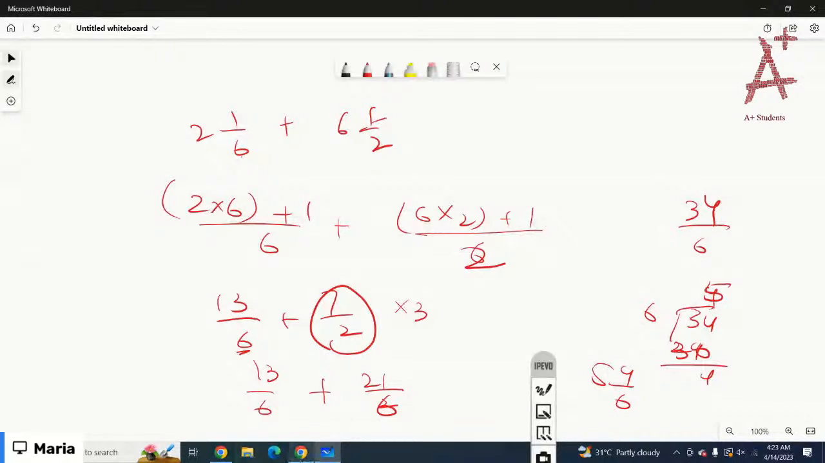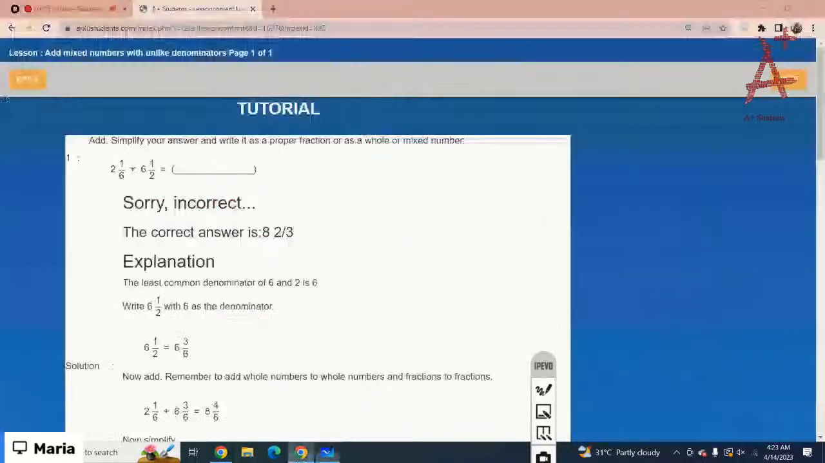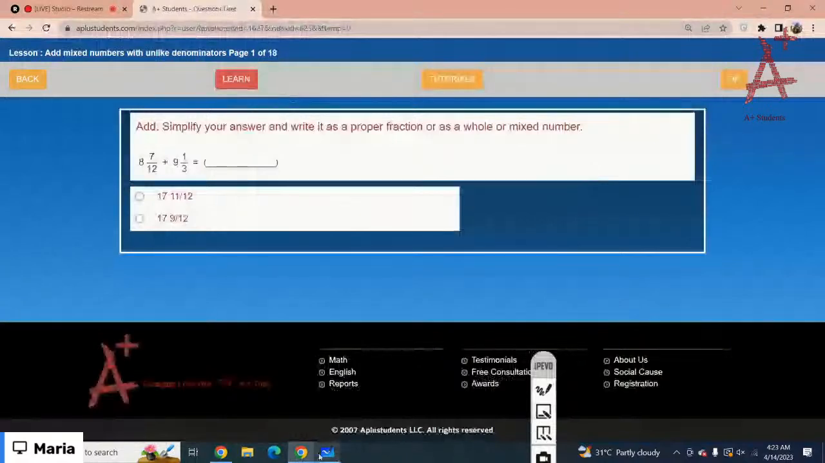Okay, so it would be 5 whole 4 over 6. Start with the test questions so that we can do the practice questions. Okay, the first one is